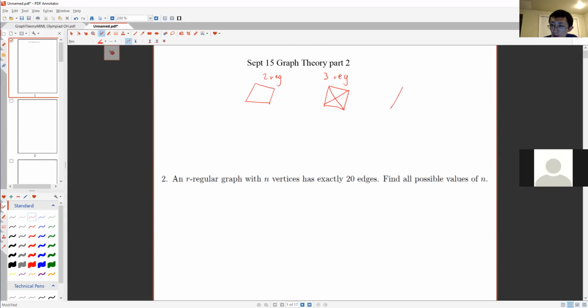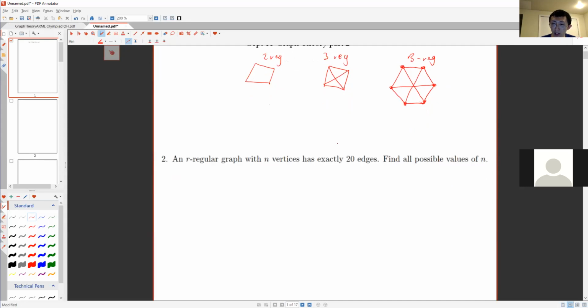You could have another, let's see, maybe this could be another 3 regular graph where there's no vertex there. It's just 6 vertices, but the edges happen to cross. There's no vertex in the center. Okay, so yeah,